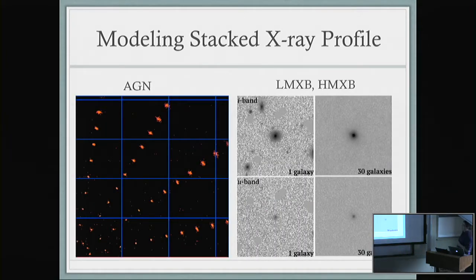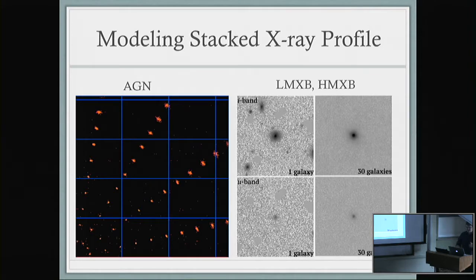It turns out that's really hard to do because there's a lot of other things that are X-ray bright, right? And so the strategy here was to stack galaxies inside the virial radius and stack galaxies outside the virial radius and have two really, really deep postage stamps, basically, of the average galaxy inside and outside. And so the average galaxy in both of those regimes has an AGN in the center, right? And so we had to make a model for that.